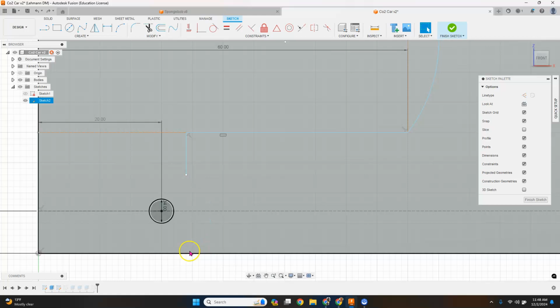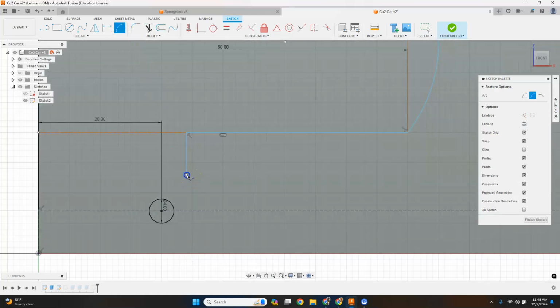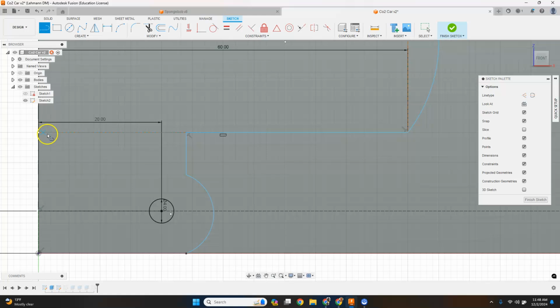Just a classic mistake. And I'm going to finish that arc the correct way by selecting here, selecting on the bottom of my car. I missed that last click, and then bending that out. Now, on the back side, I'm just going to have some straight lines. I'm going to come in on this, kind of do the same thing,